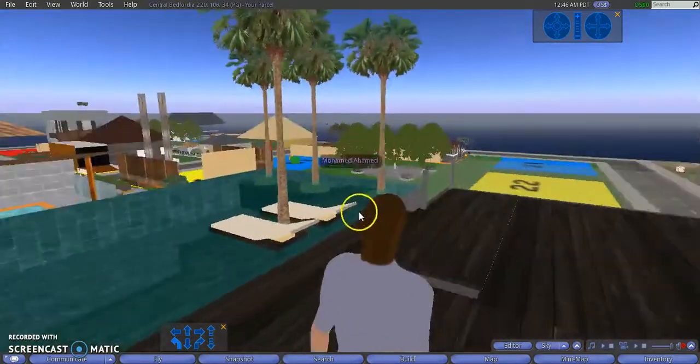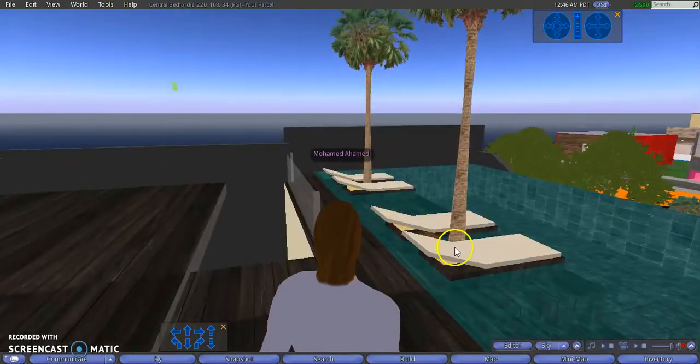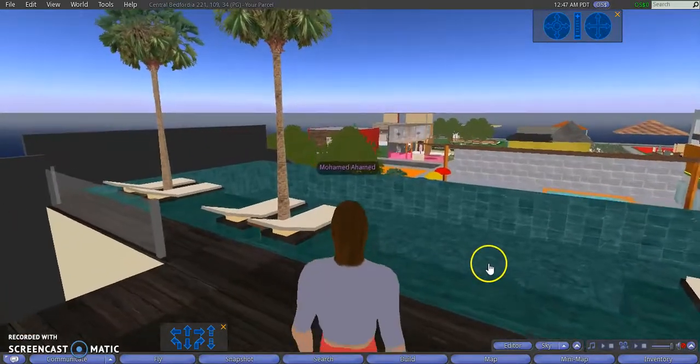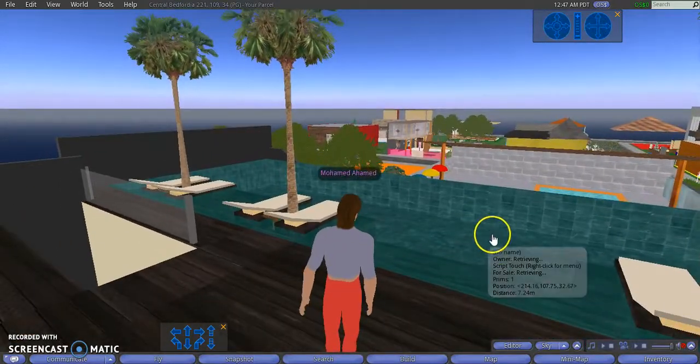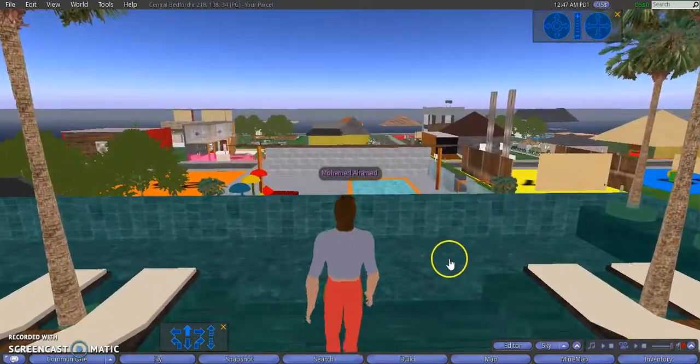This is the roof. You can see I have built a swimming pool with some beach beds lying around. Here, if you just touch the pool, it will give a water effect. And if you try to get into the pool,